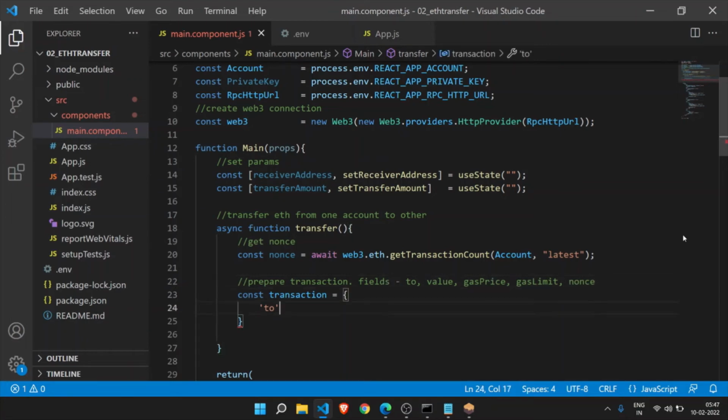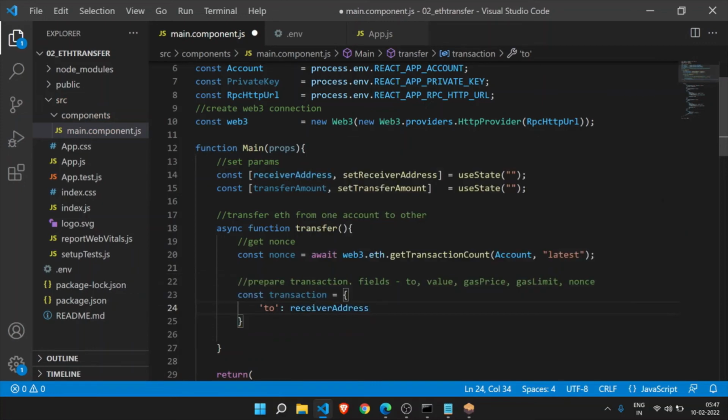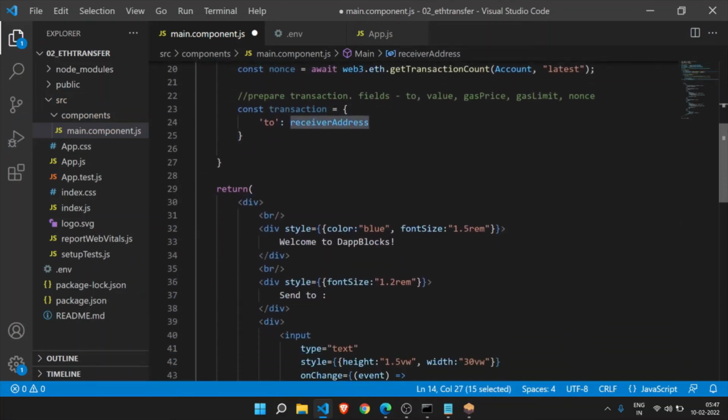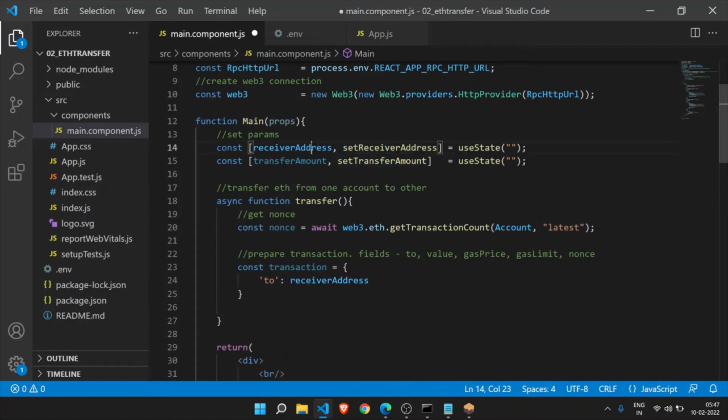So this should be fields. Okay, so then to, this should be the receiver address. So from the UI we are passing this address. So this set receiver address will set that address for us, and we can use that receiver address in the to field. Then value, so value should be the transfer amount. This is again coming from the UI. So transfer amount,